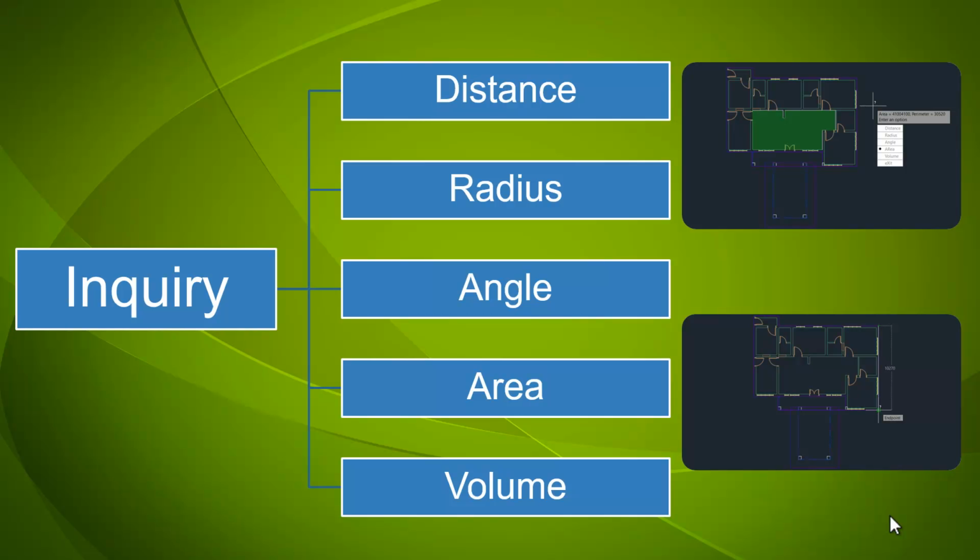Now you may be wondering what is the difference between inquiry and dimension. Dimension is something that we mark in the drawing, whereas inquiry is something that we are inquiring to the object. The main difference is that dimension is the value which we input to the drawing. That means we can toggle any values in the dimension. We can give scale, we can change decimal and feet and inches. Whereas in inquiry, it will give you the exact and apt value of the object.